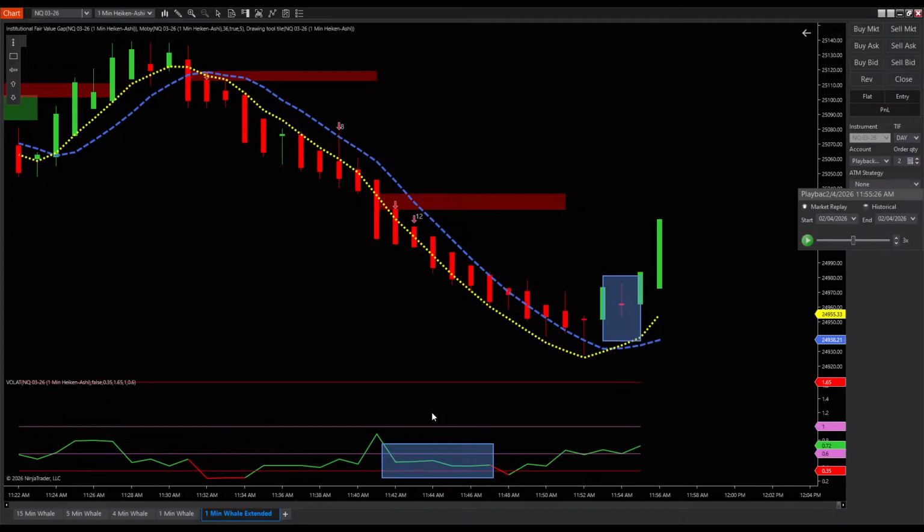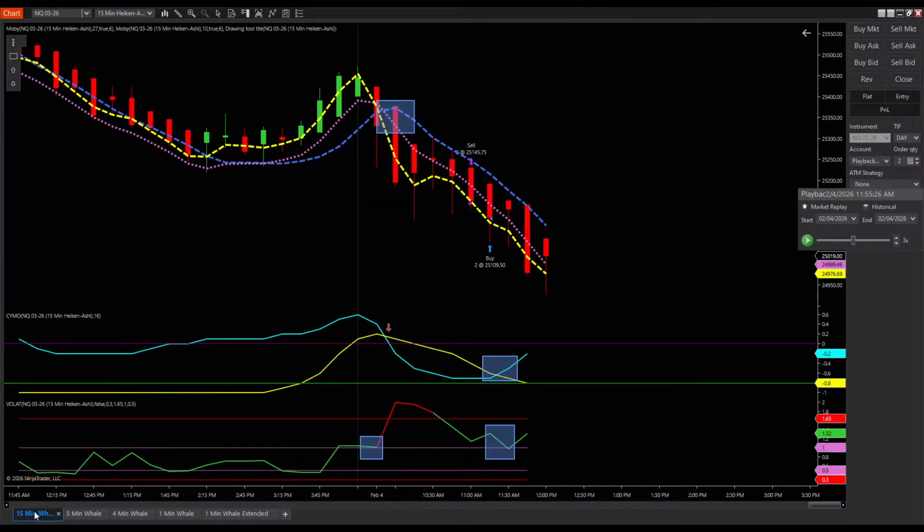Thank you so much. Can you explain the chart setup? Yeah, it's really simple. This chart follows a confirmation process that begins here on the 15-minute time frame, and you're basically looking at the structure of the market here. This is your bias. This is what establishes your bias for the day, okay? It starts here with MOBY. If MOBY's going down below the blue line, this is telling you that price is heading down, okay?